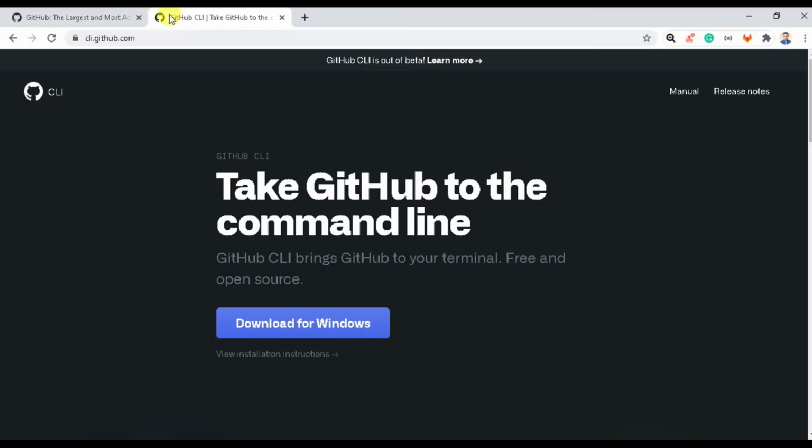Earlier it was coming up in some beta version. Now the official version has come up after a lot of R&D by the GitHub guys. They have brought out a specific CLI for every OS. Since I'm using Windows here, you see that the default option coming up is for Windows. So for Windows it is there, for Linux it is there, and for Mac OS it is